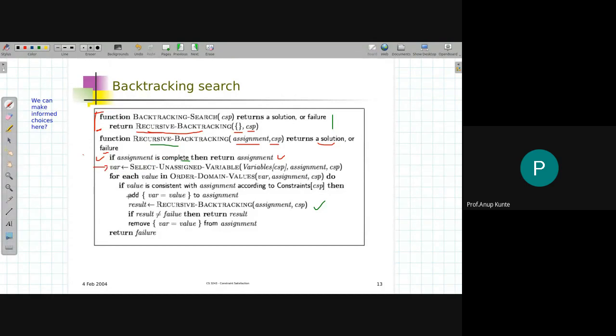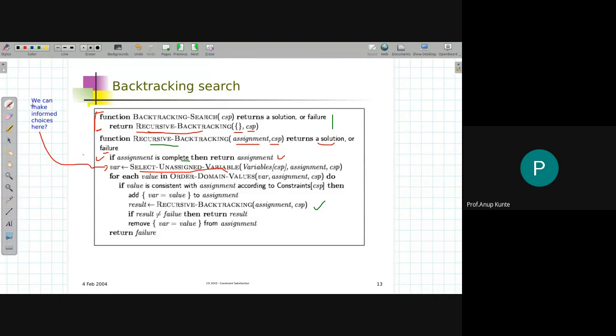We are selecting an unassigned variable. There's another helper function that helps you find, from the set of variables in the CSP, based on the current assignment and the definition of the CSP, the next variable to choose for assigning a value from the domain, obviously. This select unassigned variable is a very important function. In the informed search version of this algorithm, it will play a very important role in making certain informed choices.